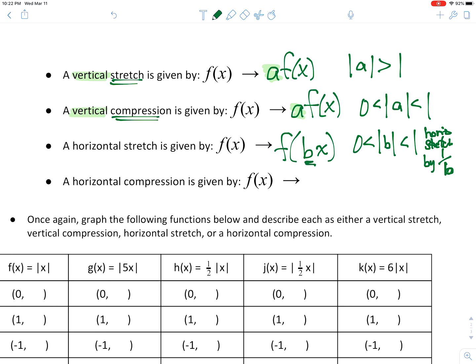So if b is inside there and it's 2, it's going to be a horizontal stretch by half. Okay, and if you want a horizontal compression, that's also f of a multiple inside x, and if that number is larger than 1, that's a horizontal compression. By the factor 1 over